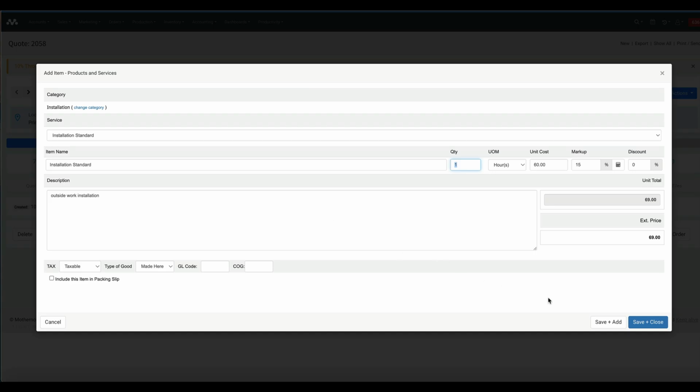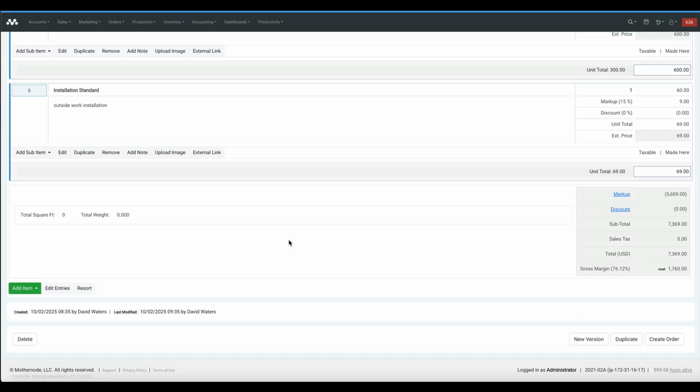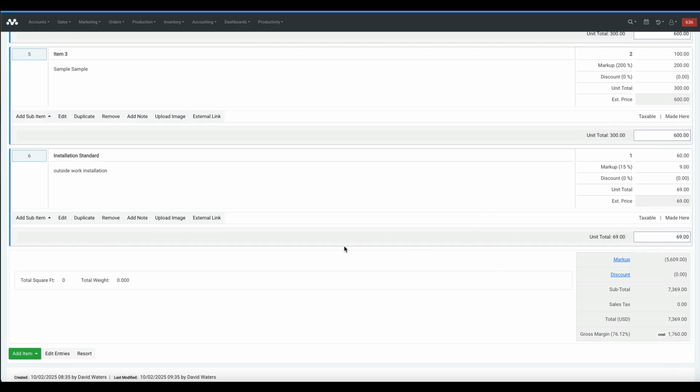Okay, so now I'm just going to click save and close. All right, save and close, and here we go. We have our installation, outside work right here, and all this good stuff of what I have put on here. And now we have all of our money down below, right? So we can see as we're stacking this up, we have the total amount of markups, the total discount, subtotal